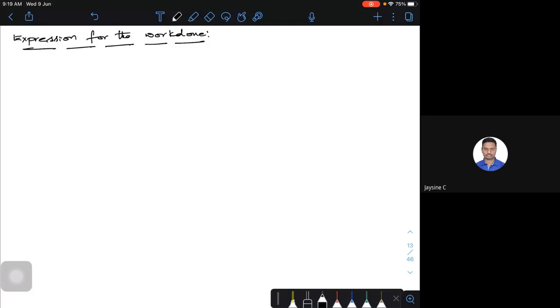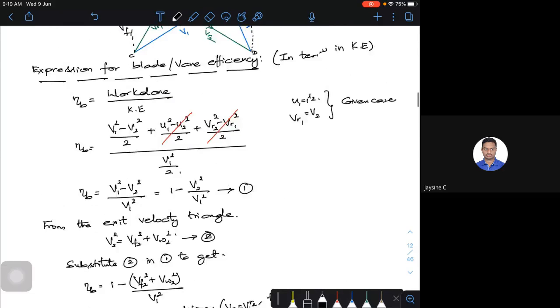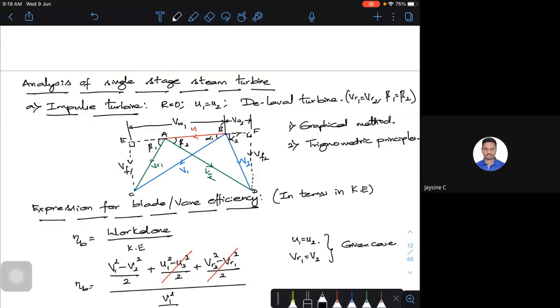Now, from the Euler's energy equation, let's go back to your velocity triangle. Here, your VW1 is in this direction, your U is in this direction and VW2 is in the opposite direction. So I should use VW1 minus of minus VW2 into U. Yesterday I had explained why. If VW2 and the blade rotation are in opposite directions, I should use the addition of all the tangential velocity vectors.